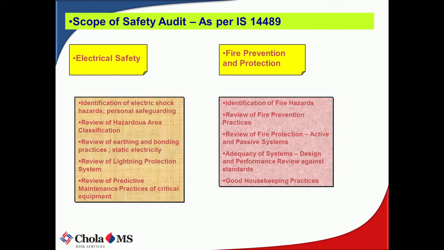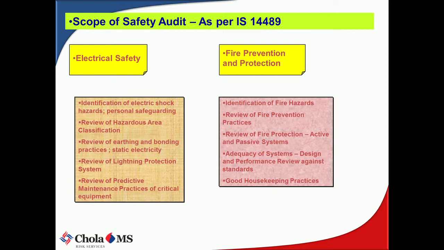Many of those flammable areas have only ordinary lighting. Are they flameproof? Is there proper wiring, or are there loose wirings? Are all the critical equipment like transformers, bus bars and cables properly maintained, and do they have a standard procedure for maintaining this? Then review the earthing and lighting systems, static electricity, and lightning protection. These are some of the things you need to review.